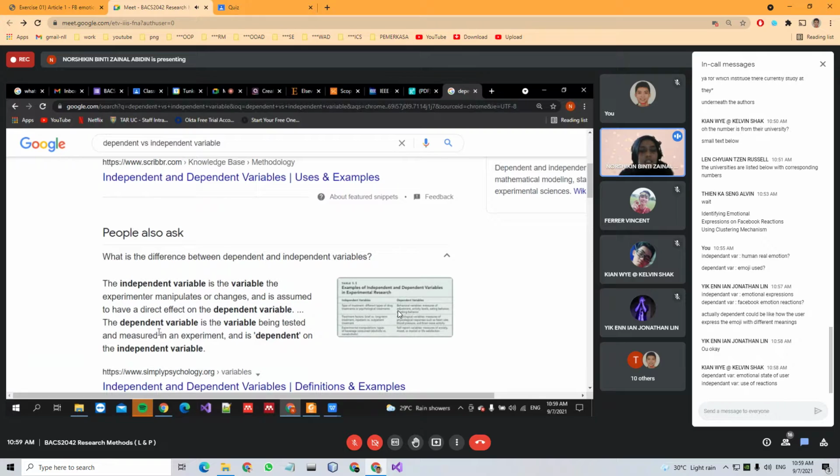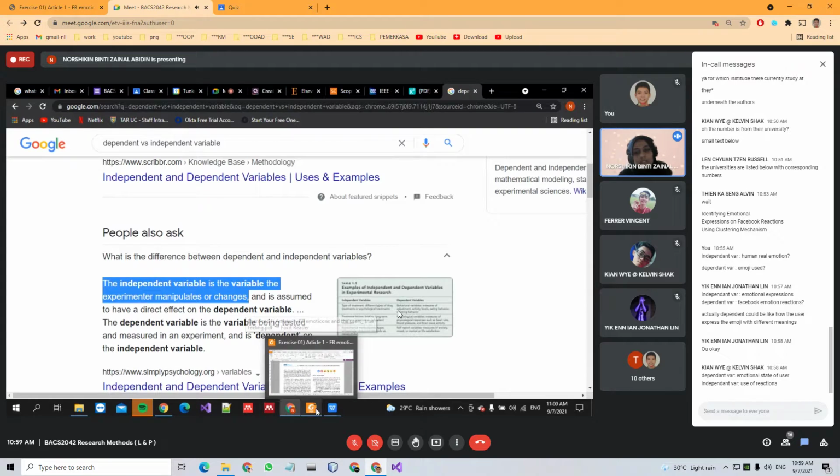Yeah, dependent is something that depends on the independent variable. So the independent variable is the thing that you change. As you can see here, independent is something that you change. So for this particular case, what they change is the